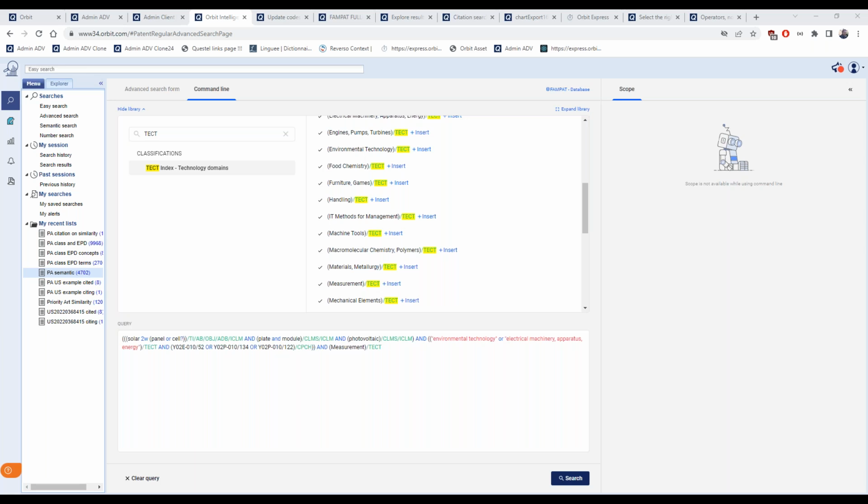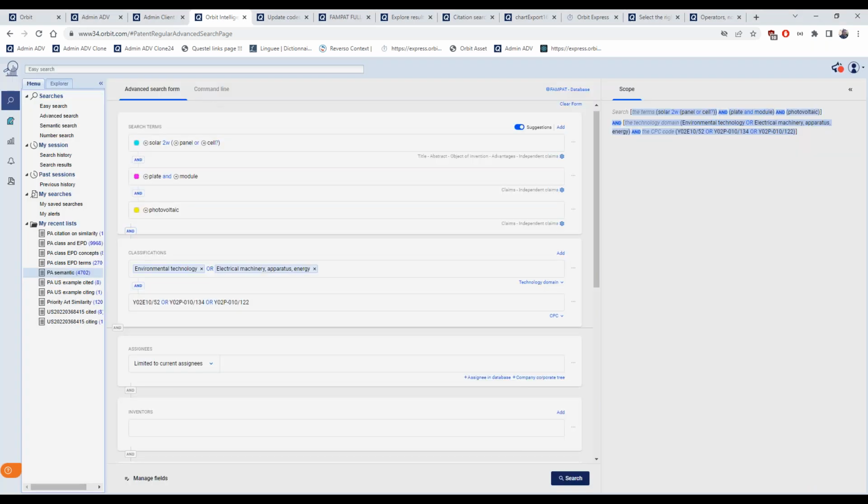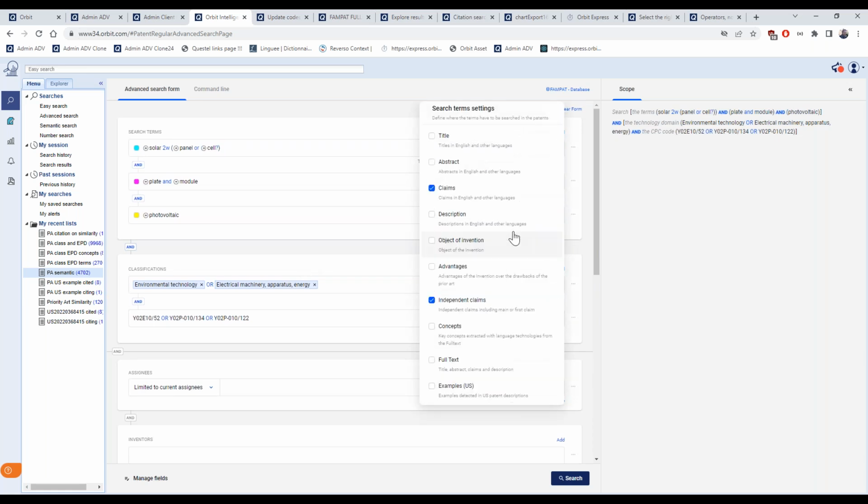The second question is, if I search a keyword in the claims field, does this include both independent and dependent claims? So in the advanced search form, I need to close the command line. There are two text fields, claims and independent claims.